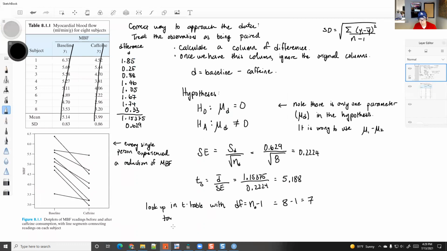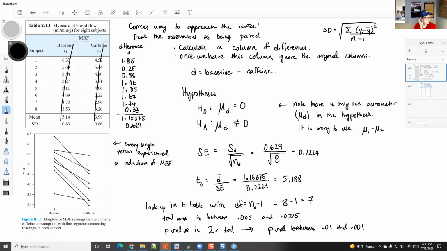Okay. And so my p-value would double, between 1% and 1/10 of 1%. So very small. And so we would reject